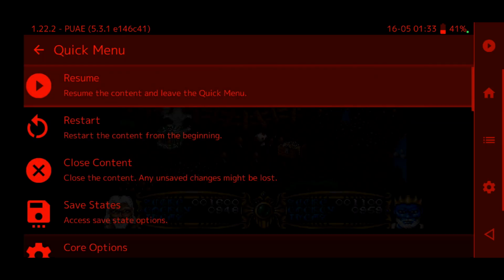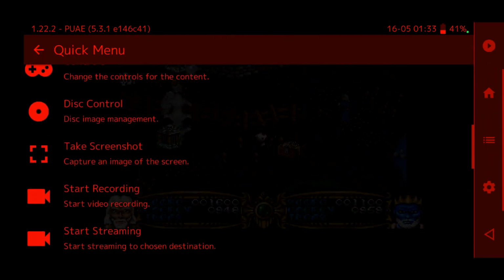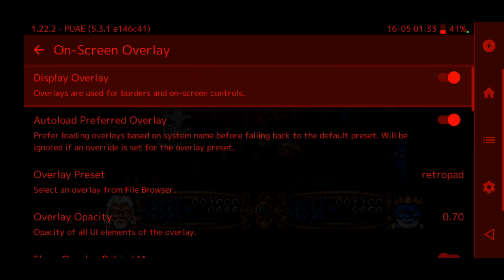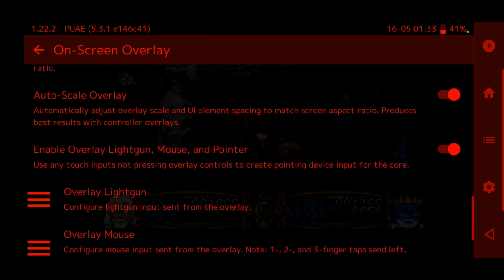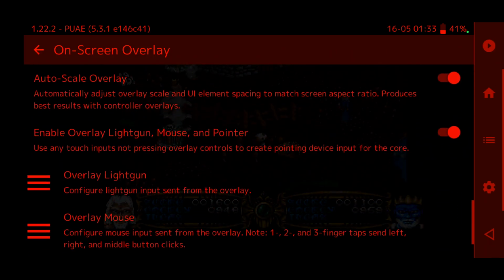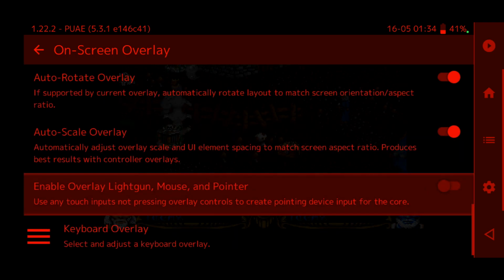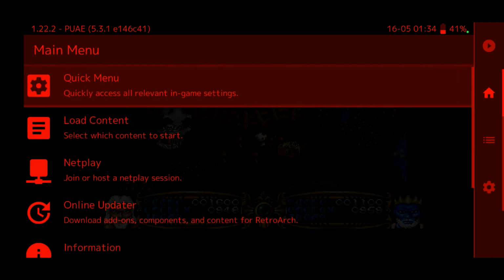So let me show you the solution in the menu. What you want to do is go down here to on-screen overlay. Scroll down towards the bottom where it says enable overlay light gun mouse and pointer. Notice it says use any touch inputs not pressing overlay controls to create pointing device input for the core. What this means is any place you press on the screen that's not the touchpad is going to mess it up. So what you want to do is click this off, and then